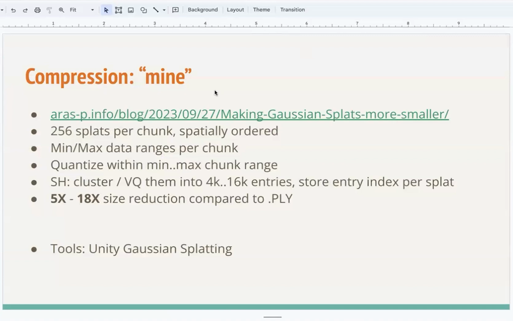Right, and in terms of further compression, I did a couple of blog posts about the ways I tried to compress Gaussian splat assets, and the long story short is that you can compress them up to almost 20 times while keeping some sort of spherical harmonic effects in there by basically quantizing things.